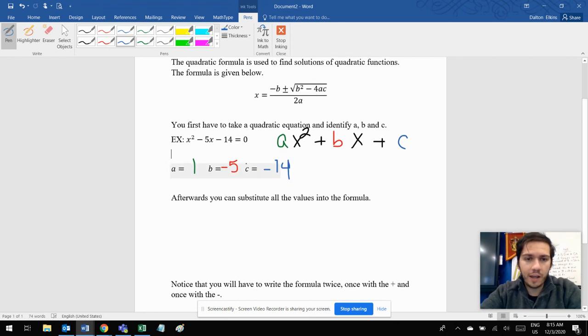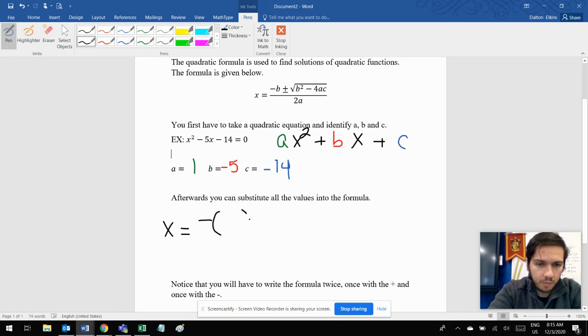Okay, so after we have the a, b, and c values, we want to substitute everything into the equation. So it's kind of like we're translating. Every time I see a, I'm going to write 1. Every time I see b, I'm going to write negative 5. And every time I see c, I'm going to write negative 14. So what I'm going to do is I'm going to write negative b. So b is a negative 5, so negative 5